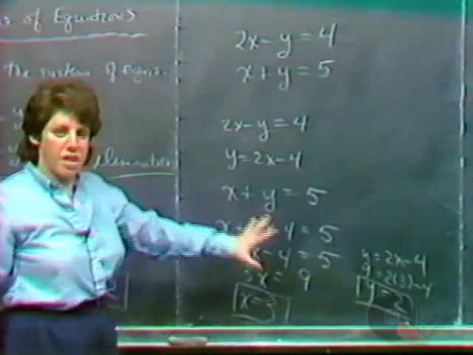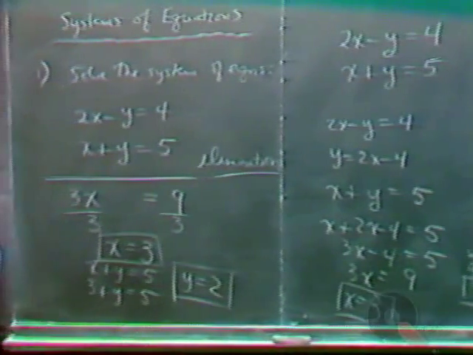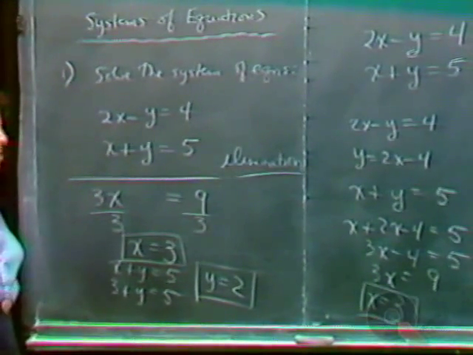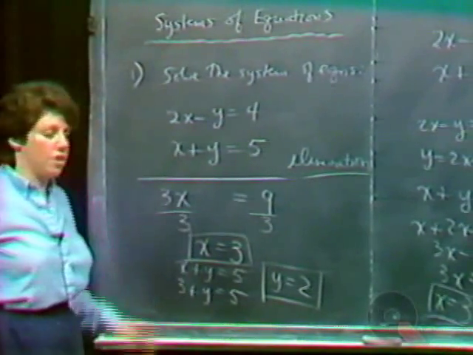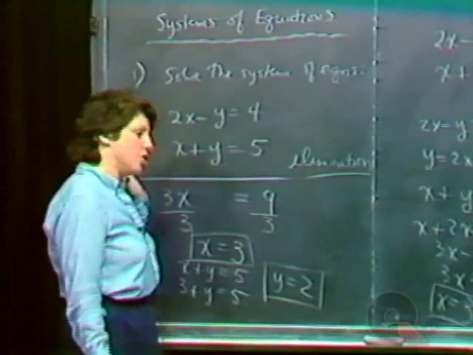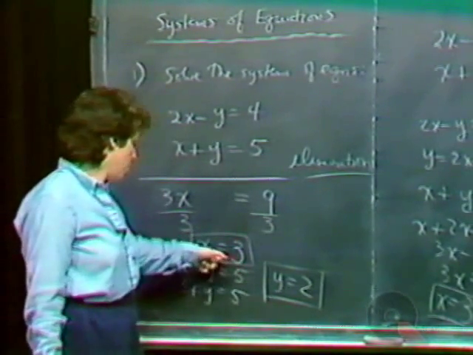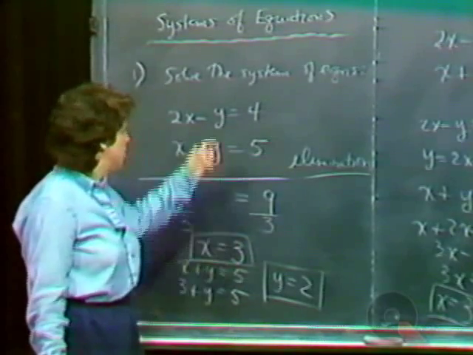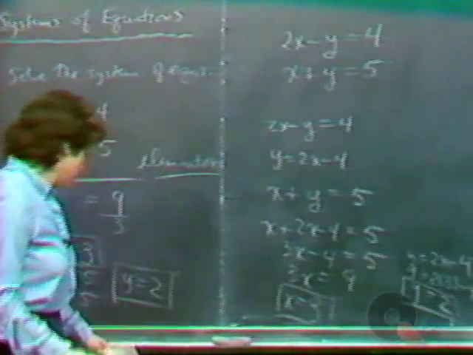Now, I admit in this particular system, it does seem much simpler to do it by elimination. This will not always be the case. There are those equations that lend themselves to substitution more readily than to elimination. Remember, in elimination, we're trying to add the equations so that one of the variables drops out. Once we get one of the variables, we substitute in and we figure out what the other one is. In substitution,